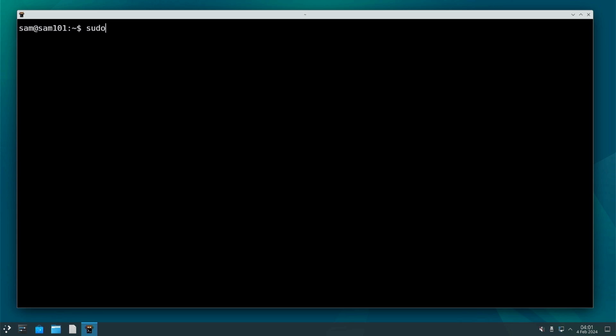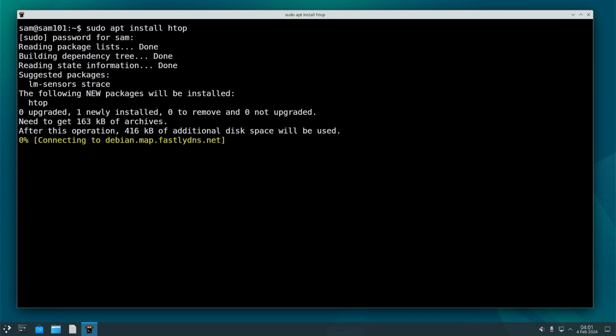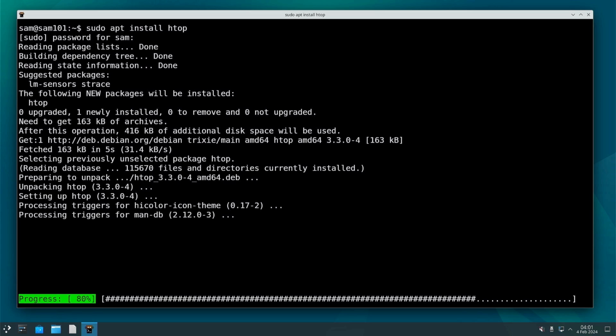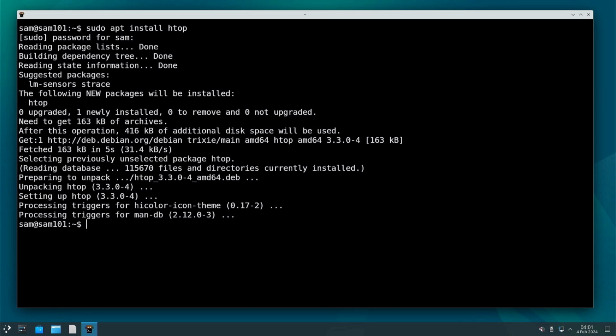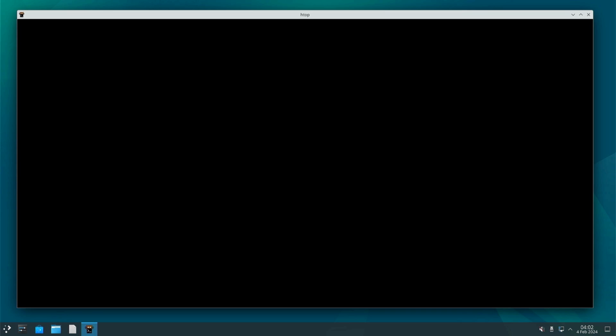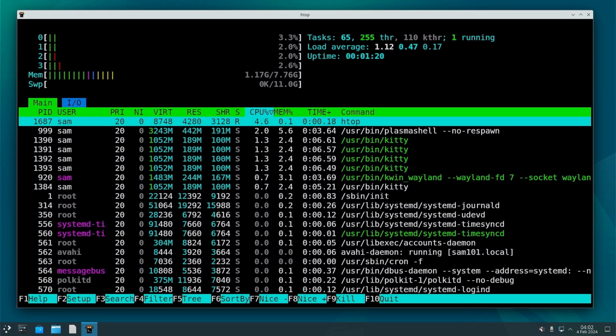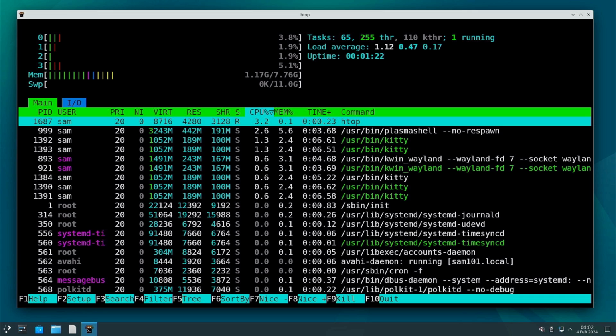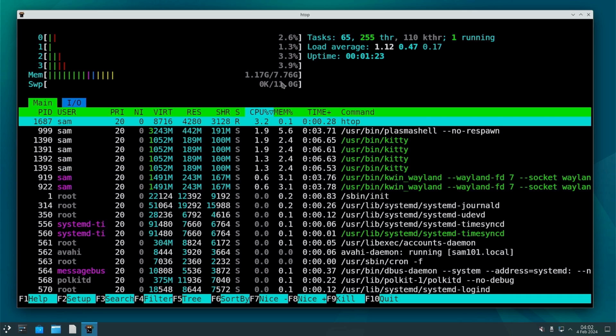Type sudo apt install htop. As you can see, we are getting a smooth and near native experience.